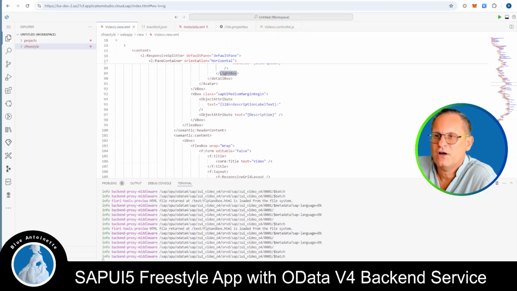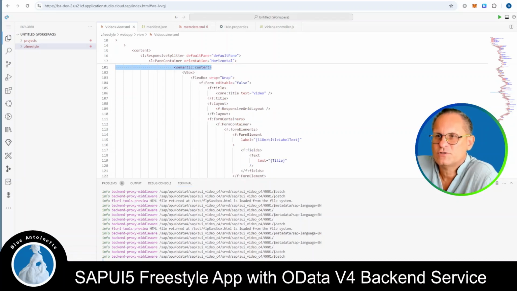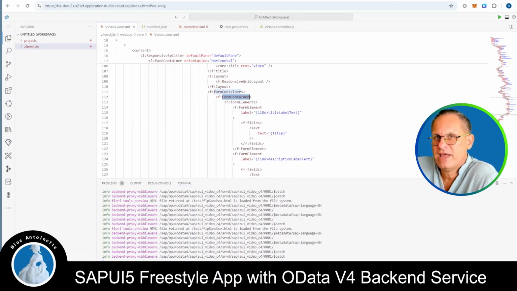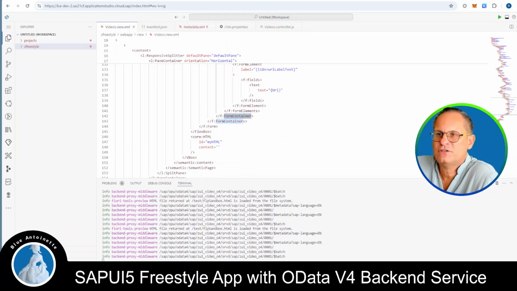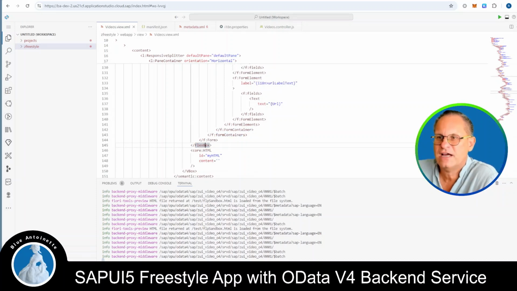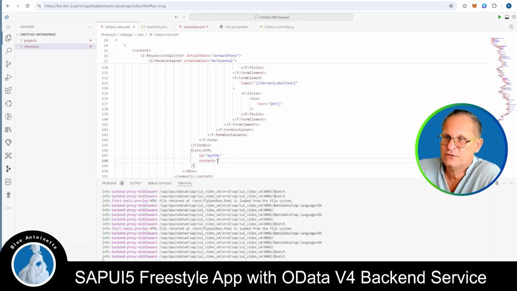Then if we scroll down further, after the header content, the content of the detail page starts. Here we use a flexbox and a form container in which we display the detailed information of the video. But more importantly, if we scroll down here at the end of this flexbox, you can see that I've added an HTML control here that has a property named content, and that allows you to add regular HTML content or